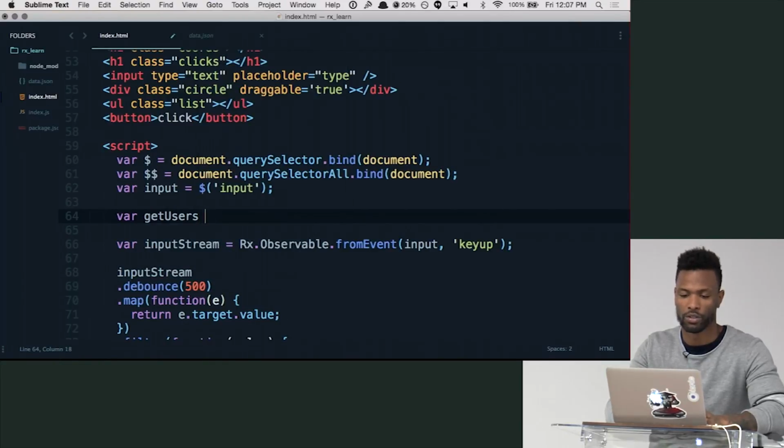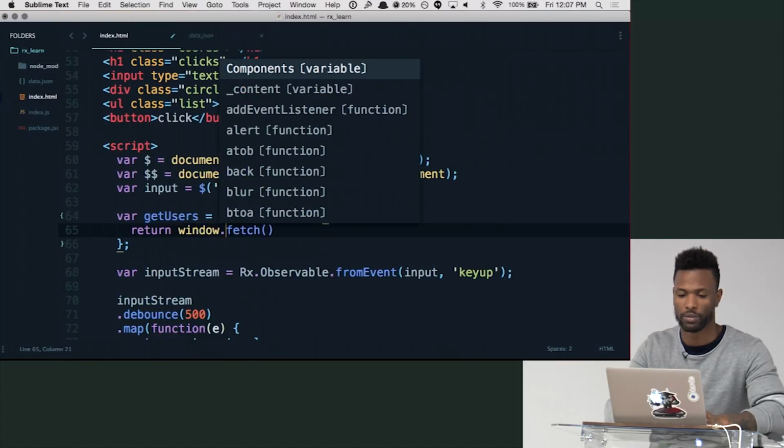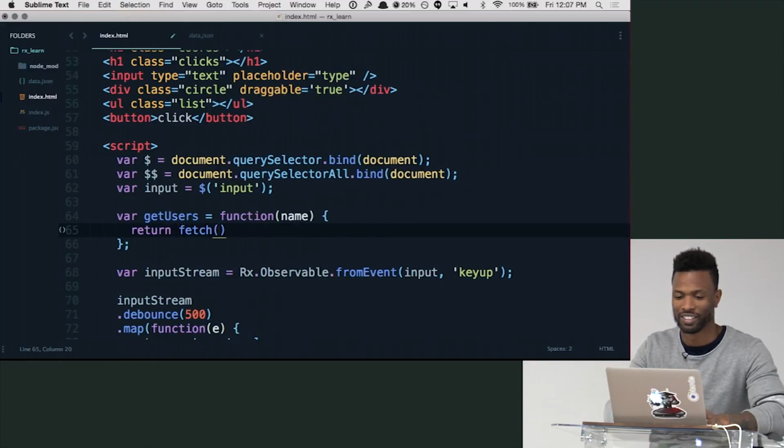And we need to make sure getUsers is going to take in some search term here. So let's just say it's going to take in a name. And then what we're going to do is return fetch. Everybody know what window.fetch is? If you don't know, I didn't just make this up. This is on the window. We're Angular developers. We don't even know what the DOM is. So we're going to do window.fetch to